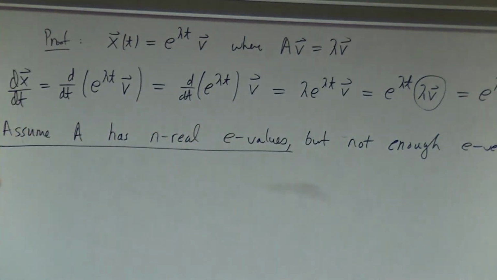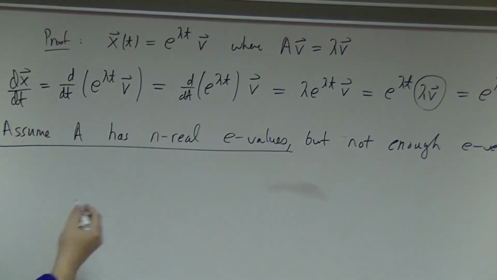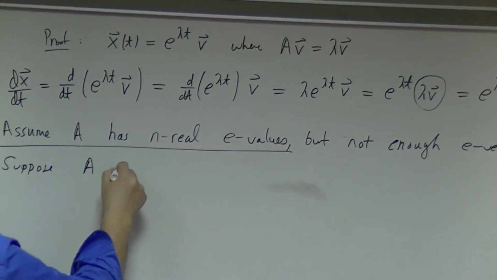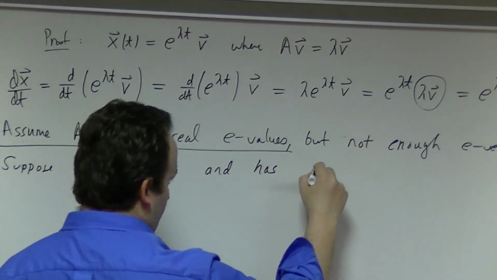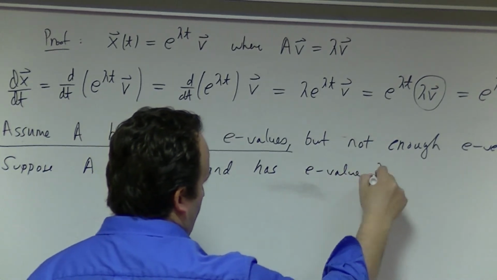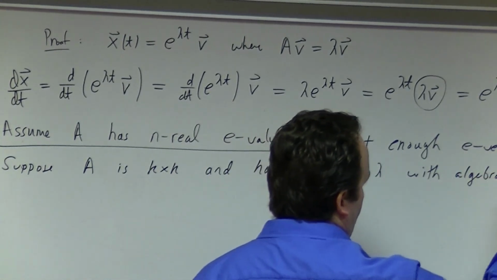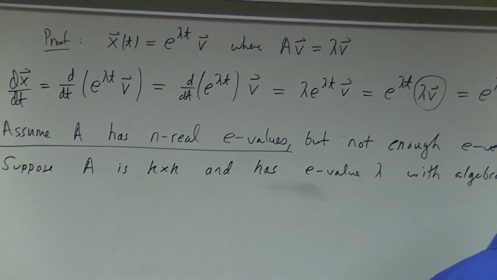Right, so let's make it relatively simple. Let's think of A basically being the kind I just erased here. So suppose A is k by k and has eigenvalue lambda with algebraic multiplicity k. In other words, the determinant of A minus lambda I is simply equal to,